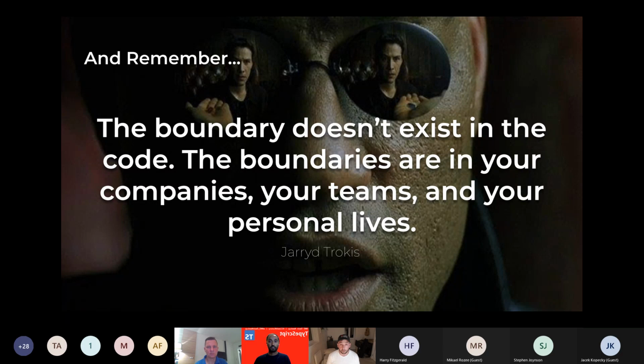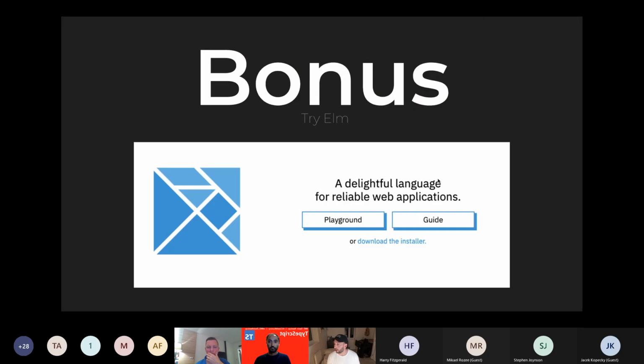I always tell my team this, that nobody pays you to write code. That's simply not true. People pay you to solve a problem, and we're so fortunate that we work in an industry that allows us to solve problems in a really fun and interesting way. And as a bonus, try Elm. It's a functional programming language written specifically for front-end developers. I'm sure you'll learn a heck of a lot. It's made me a better programmer, a better engineer, and I'm not going to go as far as to say it's made me a better person, but hey, who knows, maybe it will.